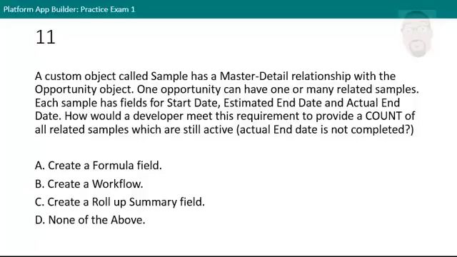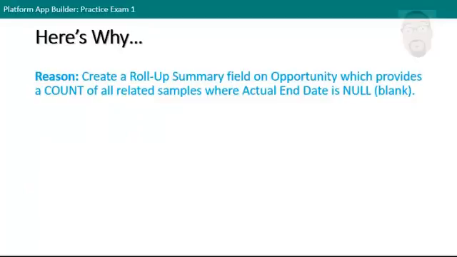How would a developer meet this requirement to provide a count of all related samples which are still active? Actual end date is not completed. Create a roll-up summary field. Create a roll-up summary field on opportunity which provides a count of all related samples where actual end date is